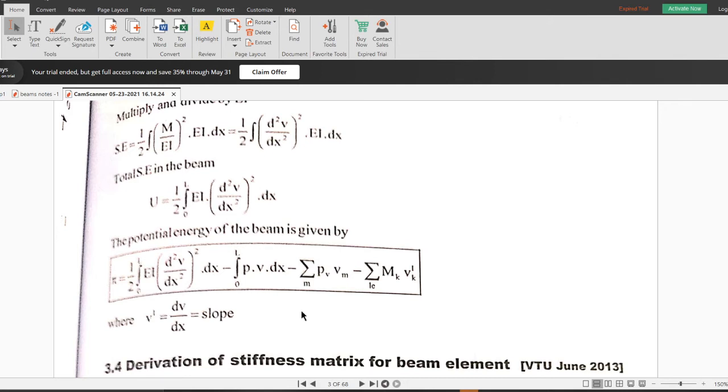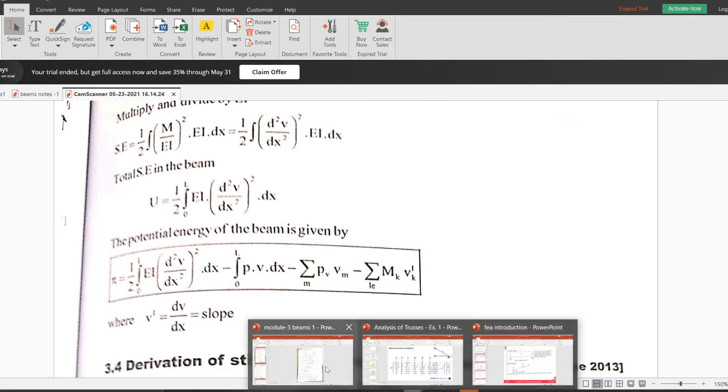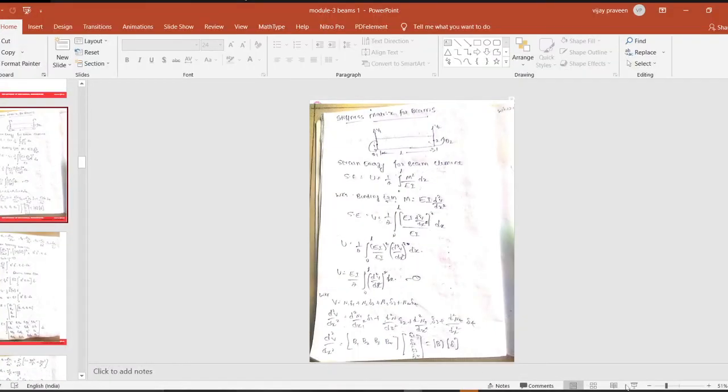Usually they will ask you to derive the Hermite shape function. There are two derivations, either with respect to the natural coordinate system or with respect to the Cartesian. If they ask for either one specifically, you have to write that one only. Otherwise, you can do either the natural coordinate method or the Cartesian coordinate method. So this completes the derivation part on the beam.